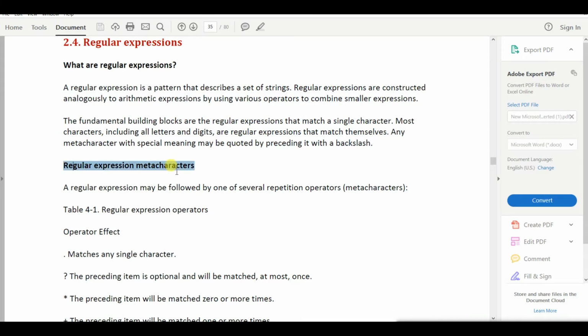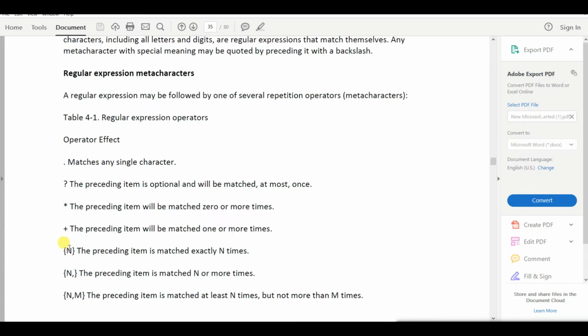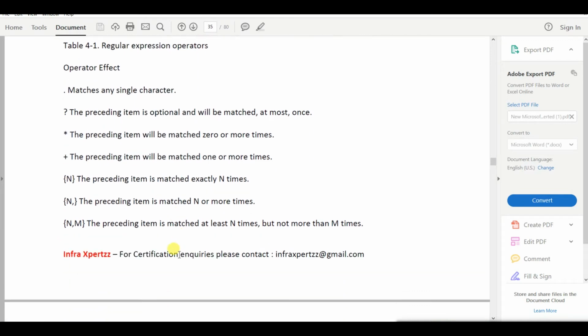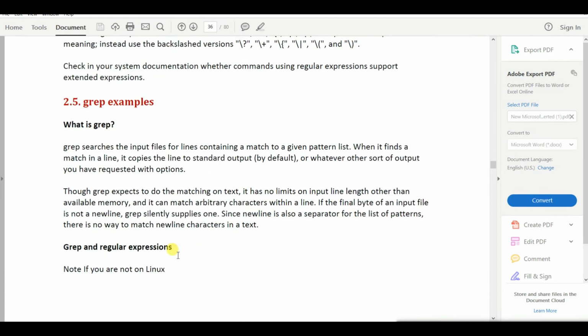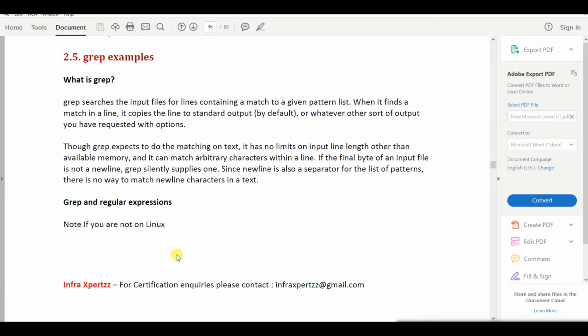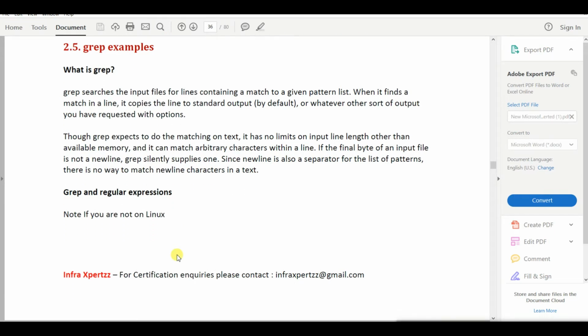So what are meta characters? As you see here, this can be a set of characters. These are the operators that will help you to find meta characters, which are part of your regular expression. These characters can be well explained with examples. And regular expression is nothing but searching something in a file. So let us go to our grep and then we will be covering our examples where you can easily understand what a regular expression is and how you proceed.